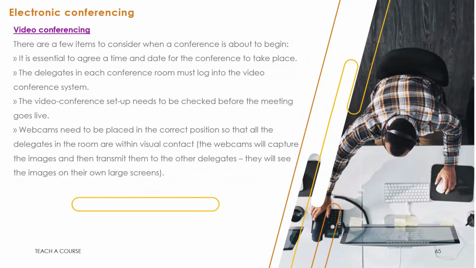There are a few items to consider when a video conference is about to begin. It is essential to agree a time and date for the conference to take place. The delegates in each conference room must log into the video conference system. The video conference setup needs to be checked before the meeting goes live. Webcams need to be placed in the correct position so that all the delegates in the room are within visual contact. The webcams will capture the images and then transmit them to the other delegates. Okay, so that's what you need to check before